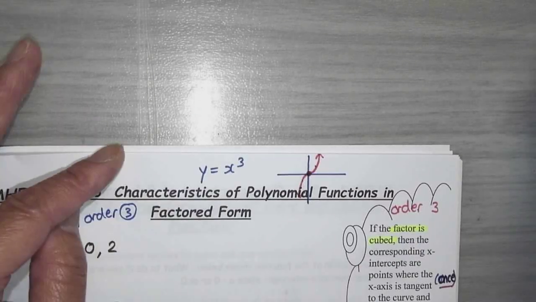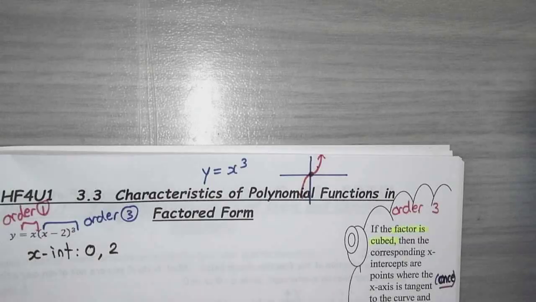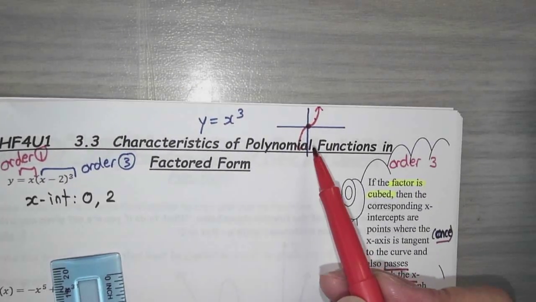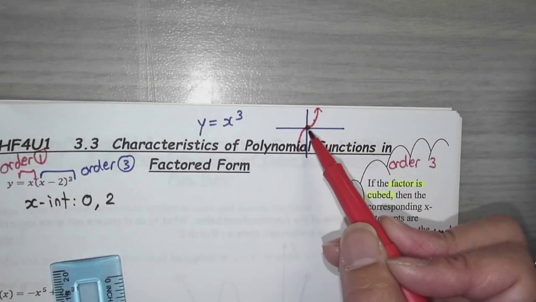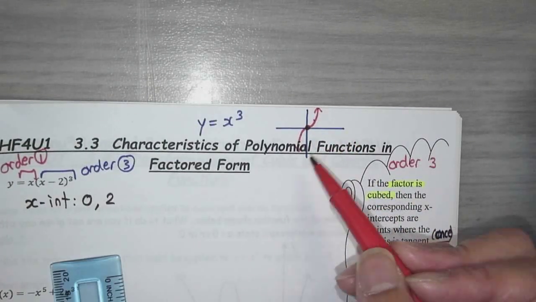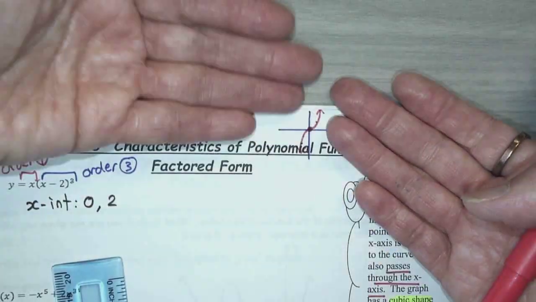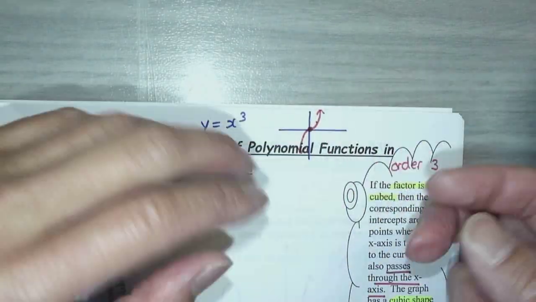Transformations of cubic and quadratic. They just forgot that they didn't introduce you to what the cubic function looks like. So they said it has a cubic shape, but that's what the cubic shape is. It goes from one concavity to another concavity. So it kind of looks like that parabola has been split in half. I always feel like the second part of the parabola has been split in half, and a little bit faster,